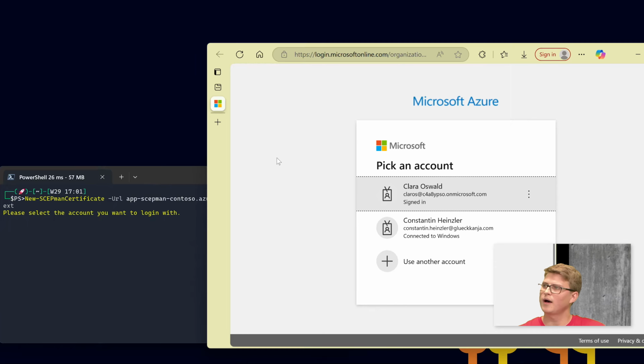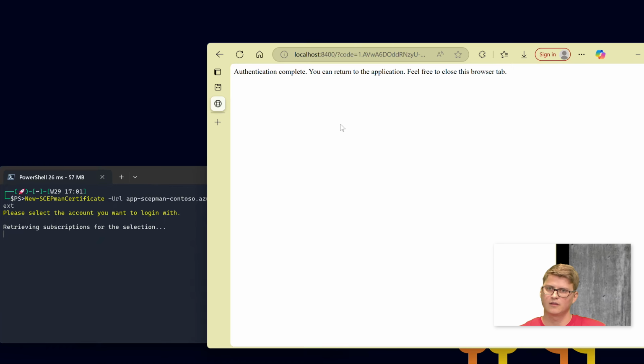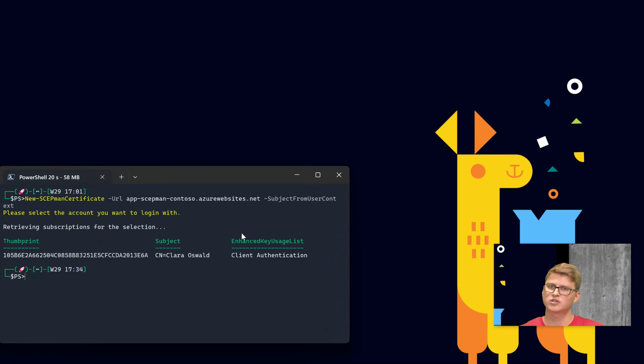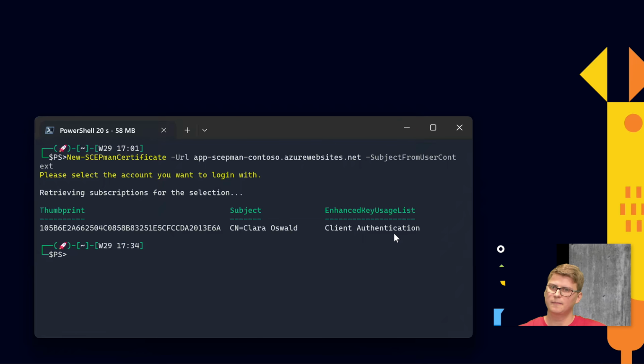You see, after running the command, an Entra authentication window is automatically opened and we can choose the user we want to authenticate with. Of course, we want to select the user we permitted to do so. The authentication is now complete and we can return to our PowerShell window, which has already the certificate we tried to receive. You see, we automatically get a certificate with client authentication as an extended key usage. We have the display name of our user in here, and we can also by default see the thumbprint of